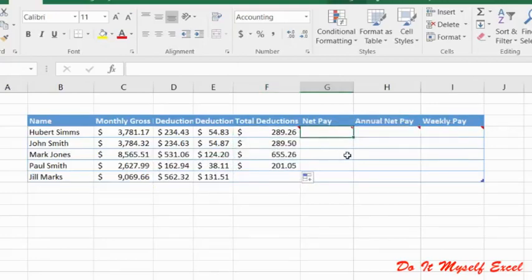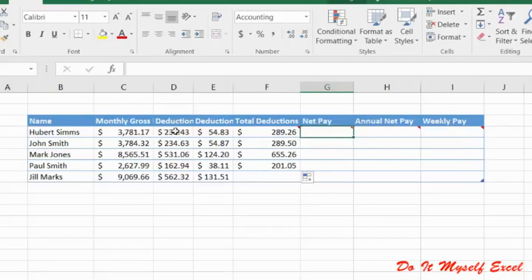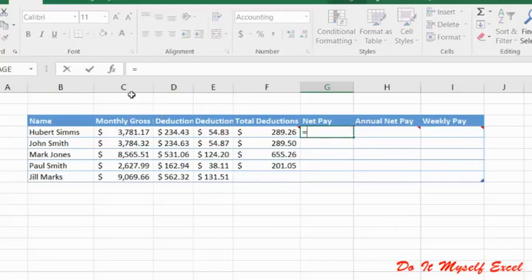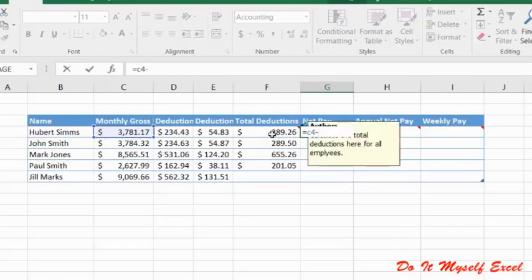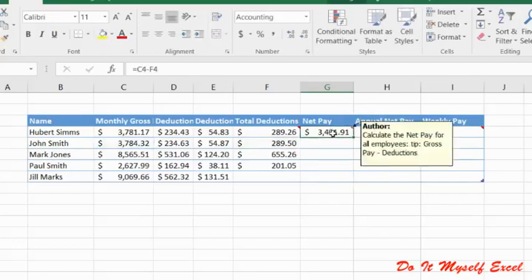Now the next one would be the net pay. How do we calculate the net pay? So basically it would be gross pay minus deductions, and that would give us the net pay. So we are learning here how to do subtraction. So you do the equal sign, and then you could choose here the gross pay, which is C4 minus the total deductions, which would be F4. Hit enter, and there is the total for all the employees at this point, and there is the net pay